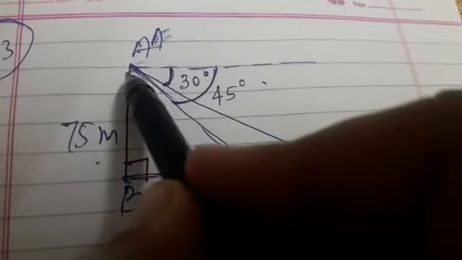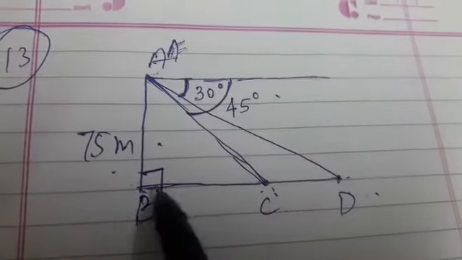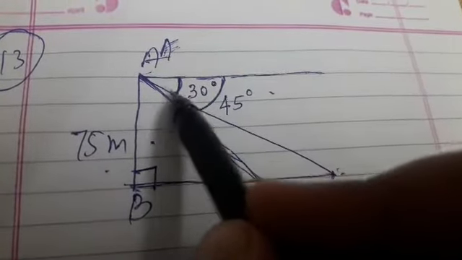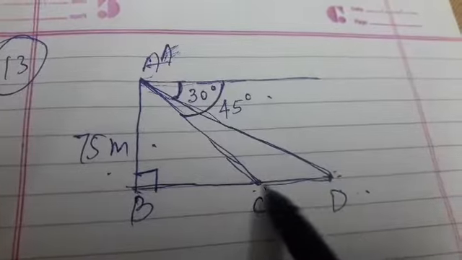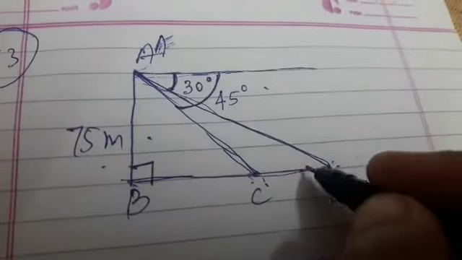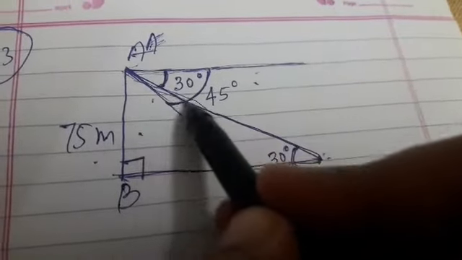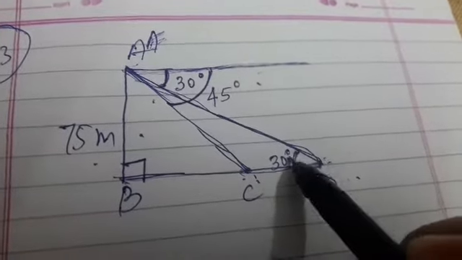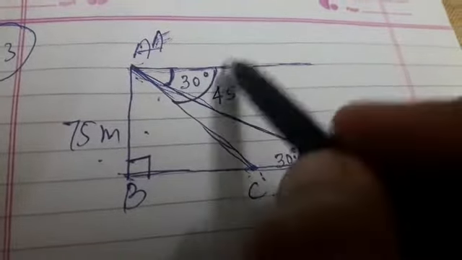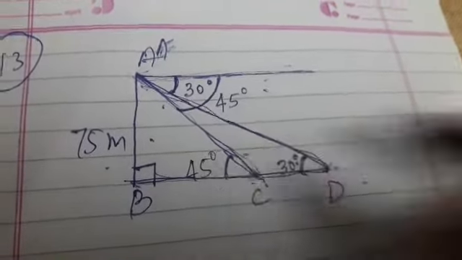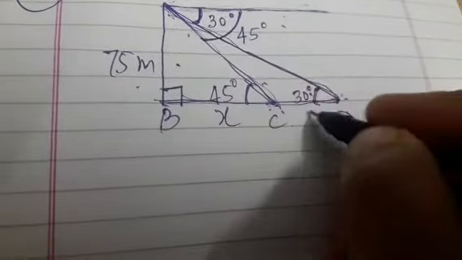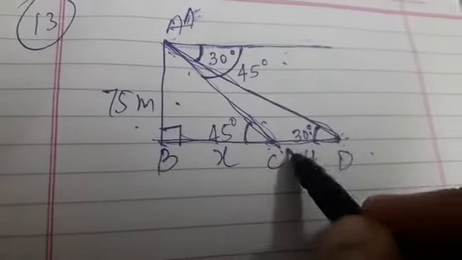So when I take this line parallel to this line, for this angle, when I draw a Z, we draw a Z for alternate interior angles, so this angle will be 30 degree. When you make a Z from here to here, this will be a 30 degree angle, and for this, again this line is parallel, so when we make a Z, I will get 45 degree here. Now I'll take this length as X and this length as Y, and we have to find the distance between the two ships.